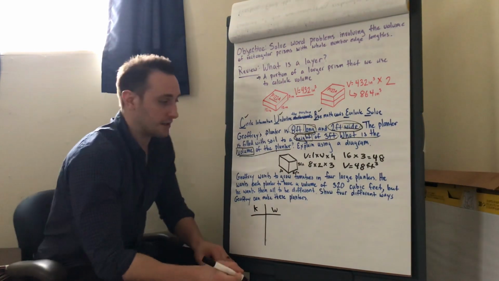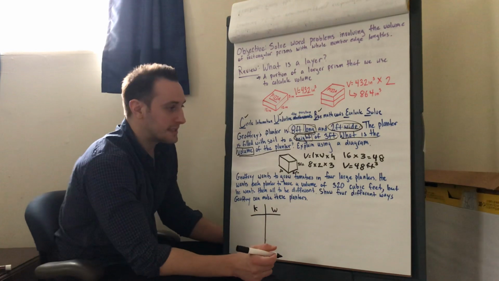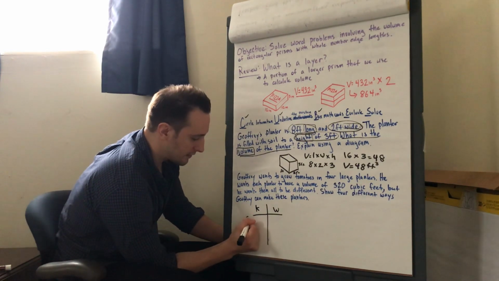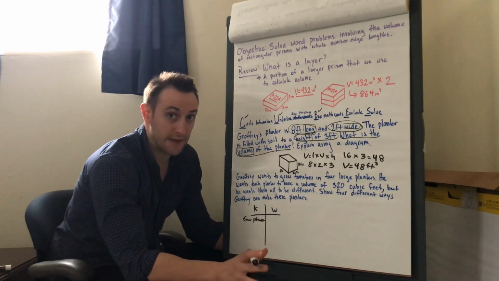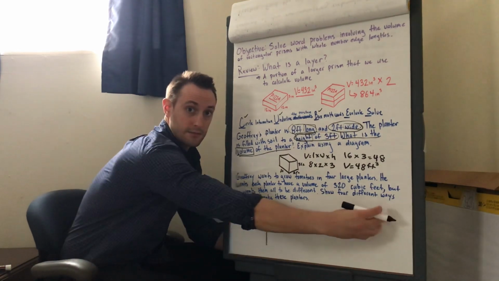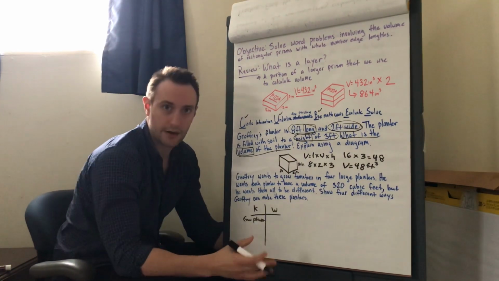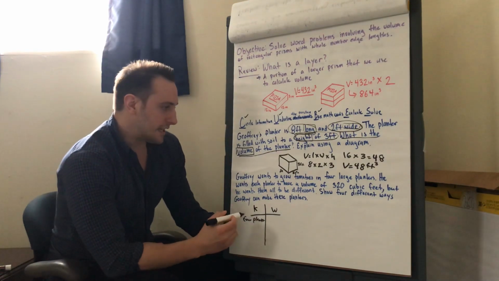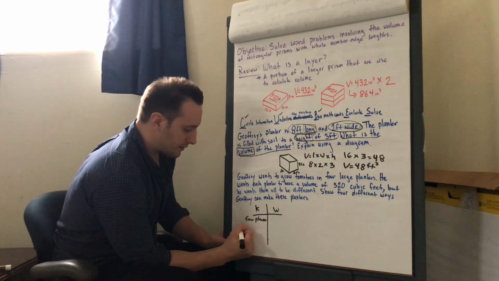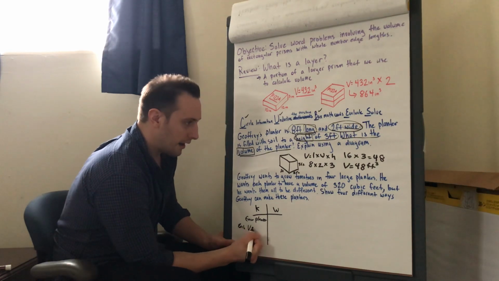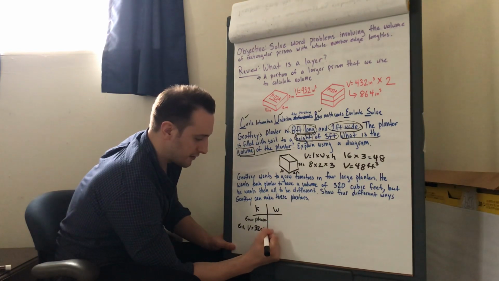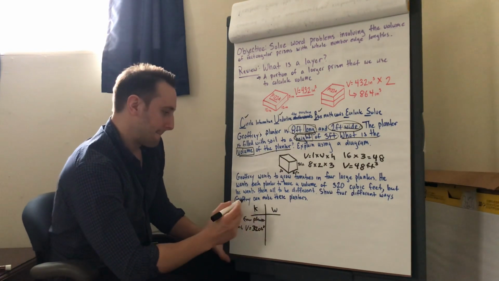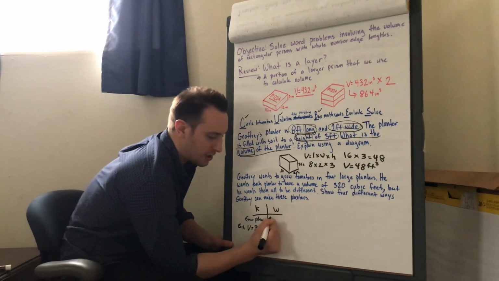Okay, so let's go ahead and go over what we know about this problem. Is that he needs 4 planters. So we're going to probably have to be dealing with 4 different planters or 4 different things here. He wants each planter to have a volume, so each has a volume of 320 feet cubed, okay? But he wants them all to be different, so I want to know what the difference is